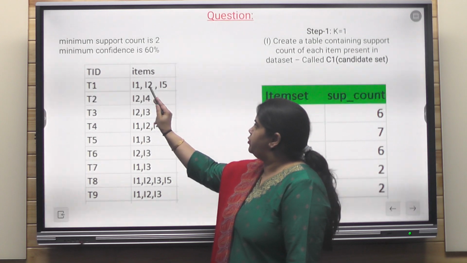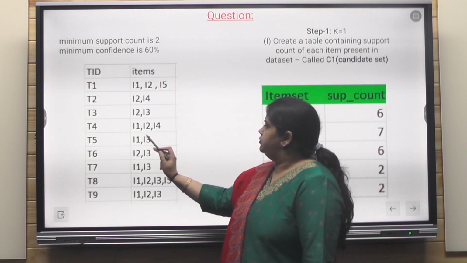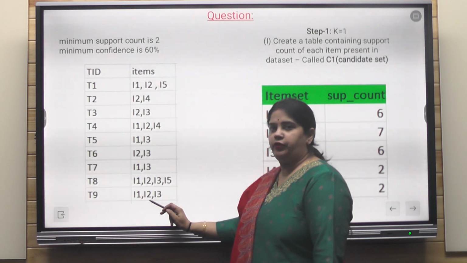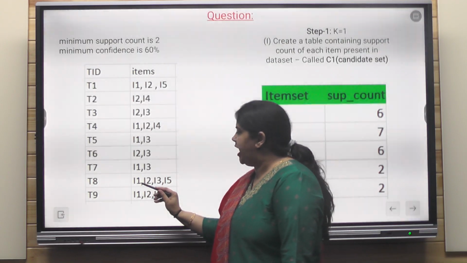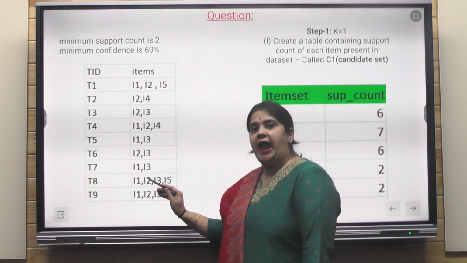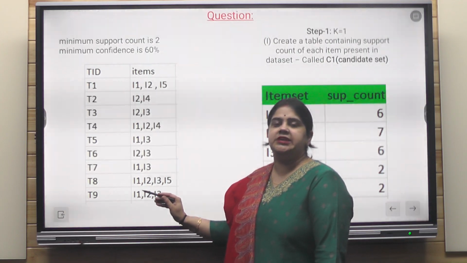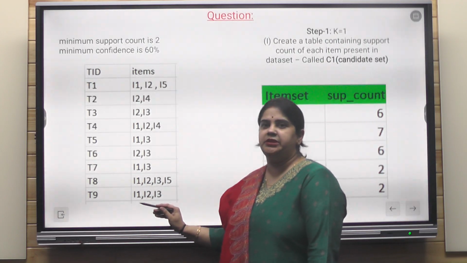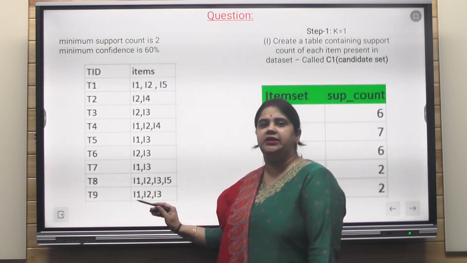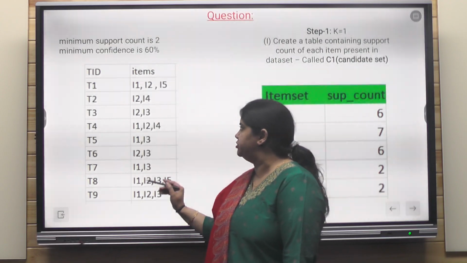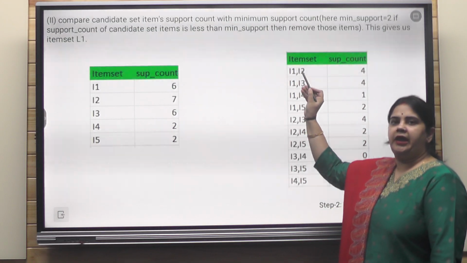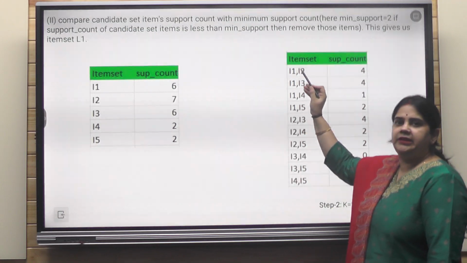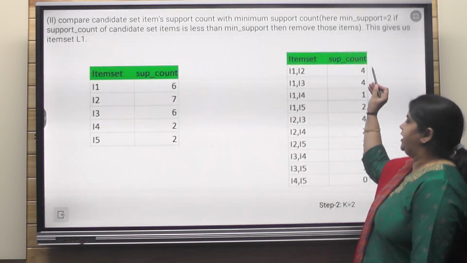So we'll see in the base question how many times I1 and I2 have been purchased. So this is 1 count, 2, 3 and 4. Over the 4 rows, over the 4 tuples, we can see that this is a union. It means that we have to see both the elements included. We need to find the inclusion of both the values. So this count is 4. It means I1 and I2 were purchased together 4 times.